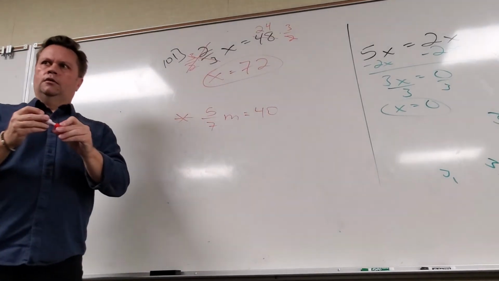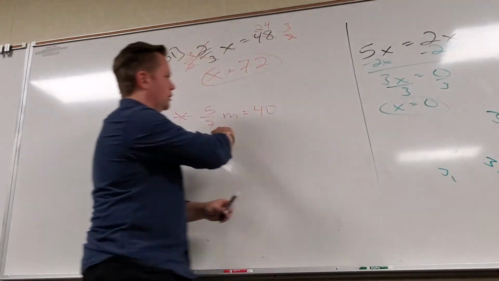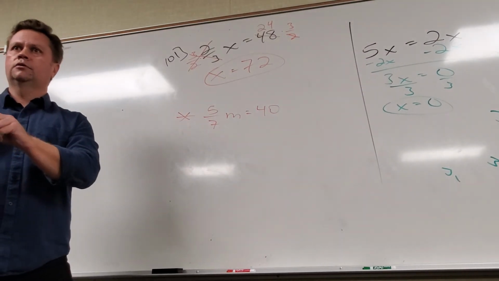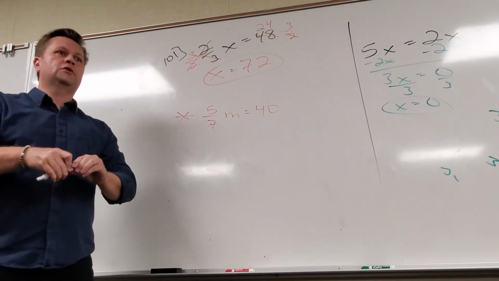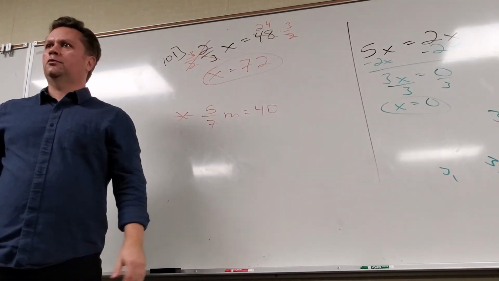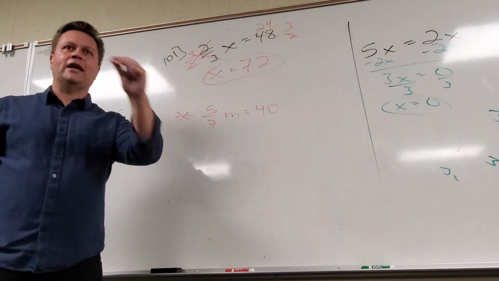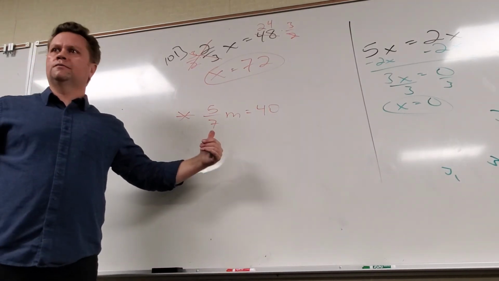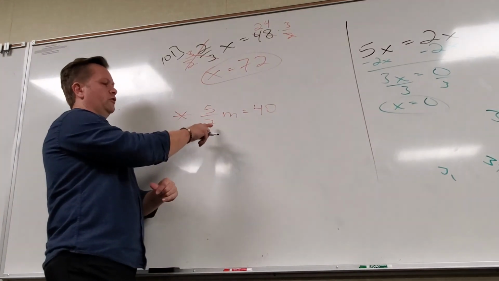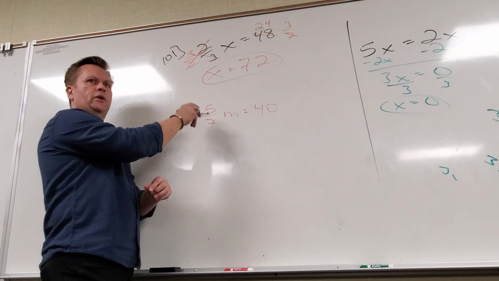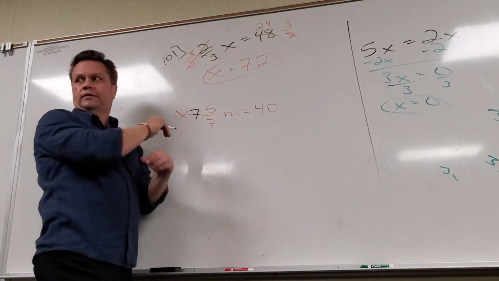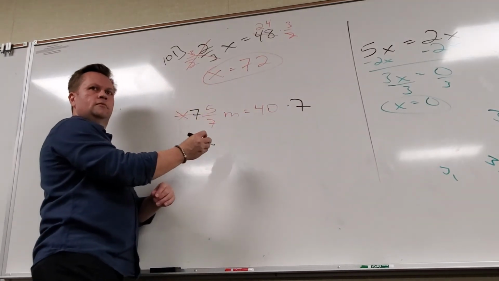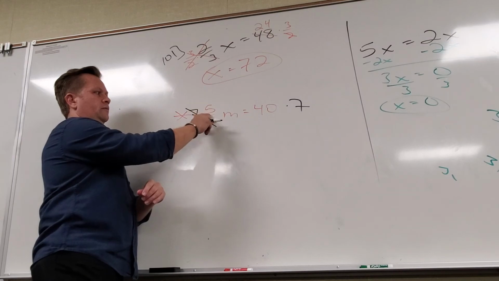Okay. So watch. The worst part about this equation is the fact that there's a fraction. Are you guys with me? You guys agree? I'm not saying you have to. I'm just saying most humans would say fractions make things worse. That doesn't mean we shouldn't have to be able to handle them. But even for somebody that can do math really well, it still makes it worse. So let's kill it. Why is there a fraction? Because it's divided by 7. So how do I kill that? Multiply by 7. Just going to do one thing at a time. Now there's no fraction, right? What am I left with? 5m